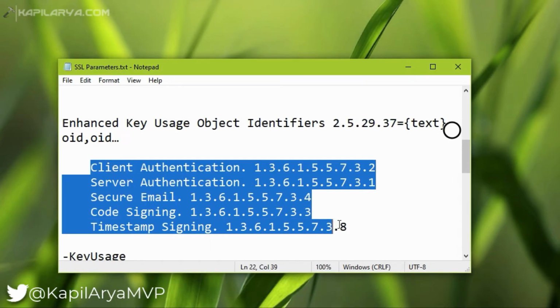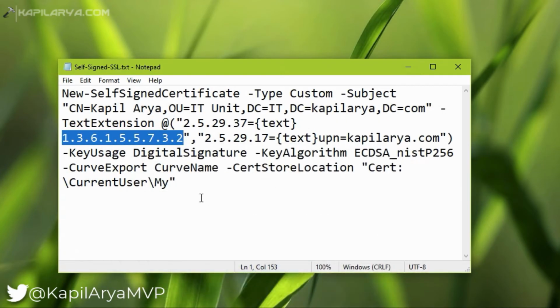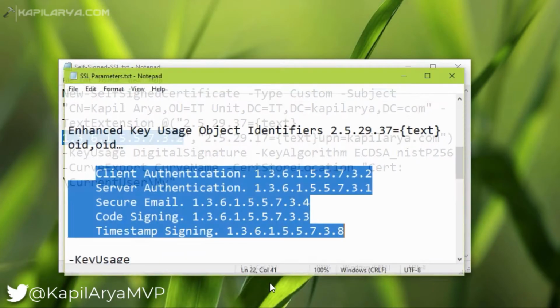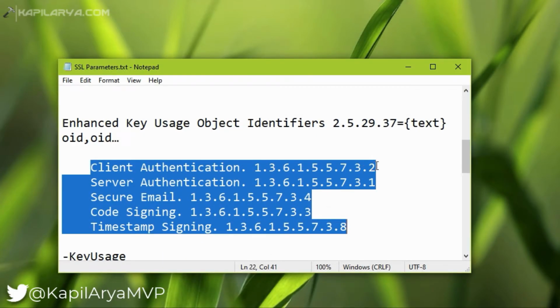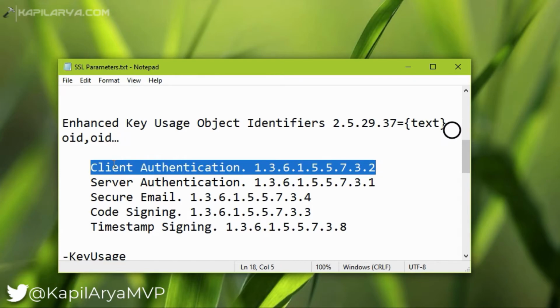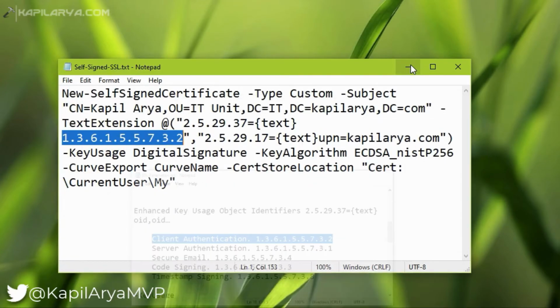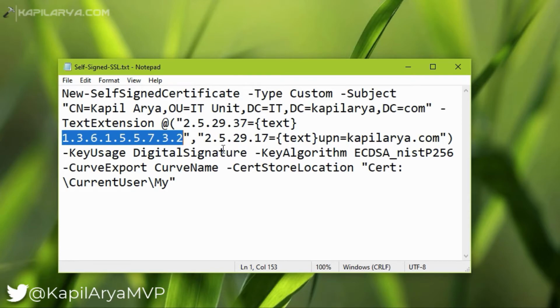You can use any of these values to show the extended usage of your SSL certificate, but I have used this code, which actually matches with this code, and that purpose is client authentication. So our certificate which we are generating has a usage that is client authentication. If you like, you can also include server authentication.